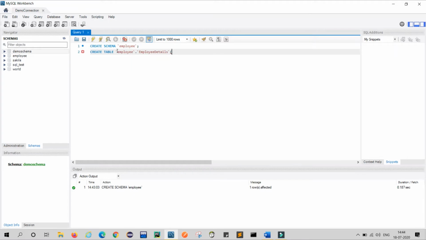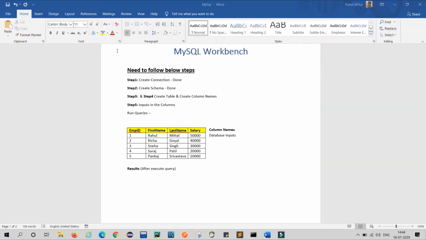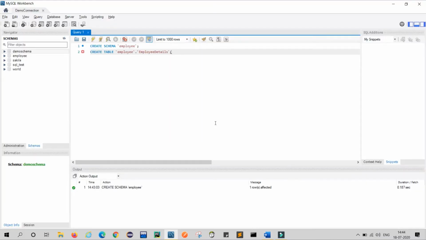So what will be my first column name? As per this data, my column names are employee ID, first name, last name, and salary. So my first is employee ID, EMPID. This employee ID is integer type, so I will write int and it should be not null. I will use a comma.